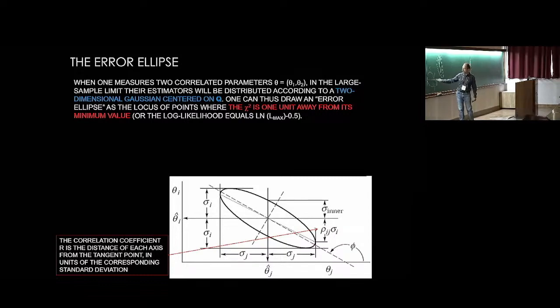So you see that rho here is the ratio between these 2 lines. In this case, it is small. In that case, it's a little bit larger. If I have a very correlated situation, the ellipse will be like that, and the tangent will be basically equal to this distance. So basically, the correlation coefficient will be 1. All right, so that is the geometrical reason for rho.